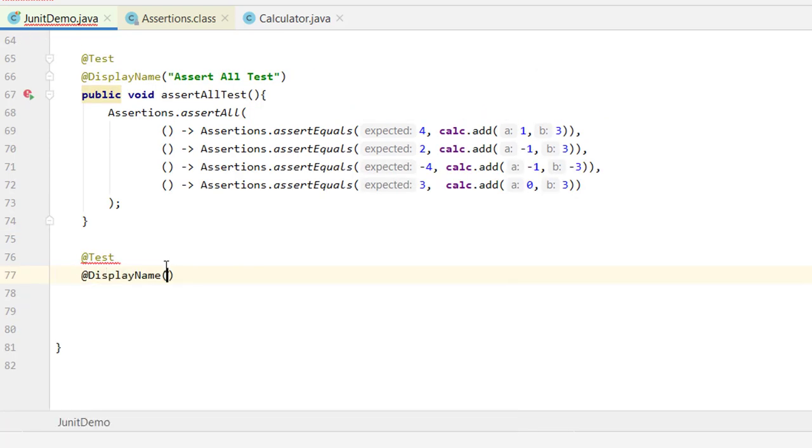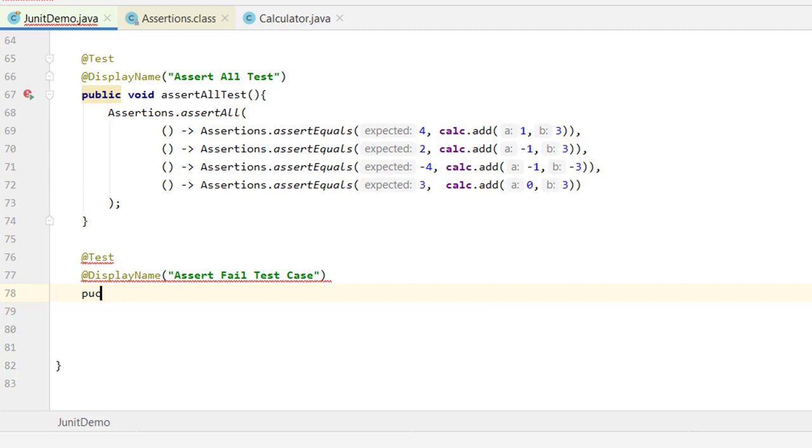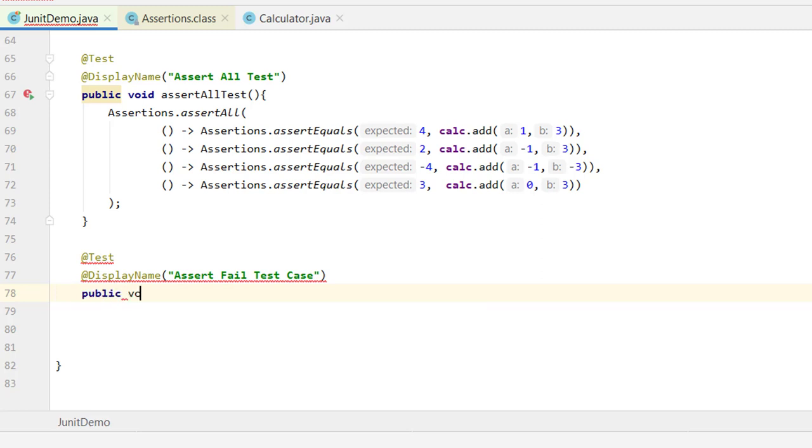There is one more assertion which is used more frequently, so that's why I'm telling assert fail. Assert fail is a simple statement, where we can simply fail the test case if a particular condition is not met or something happens. So how can we do it?